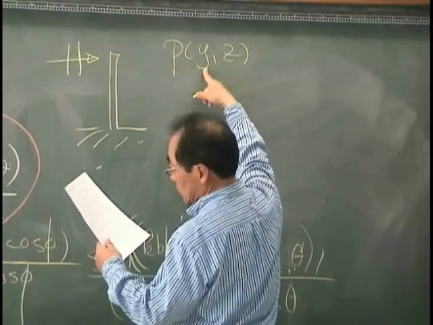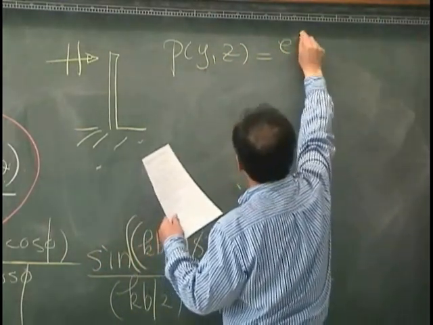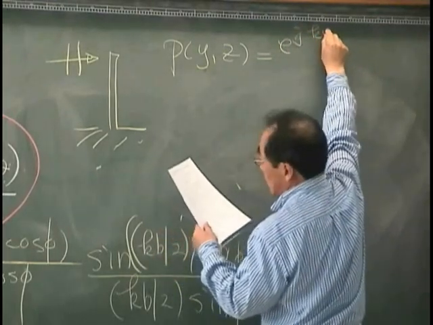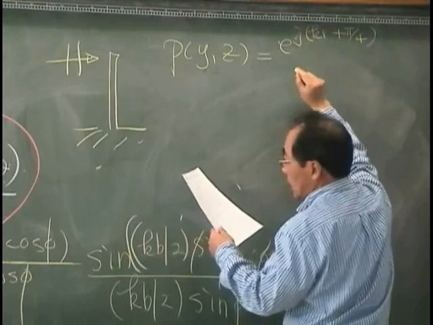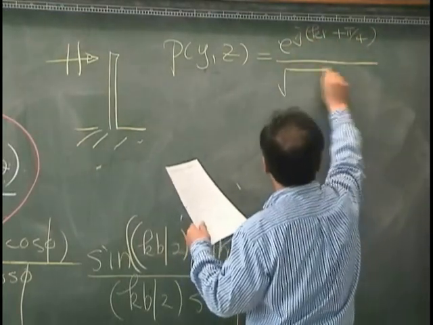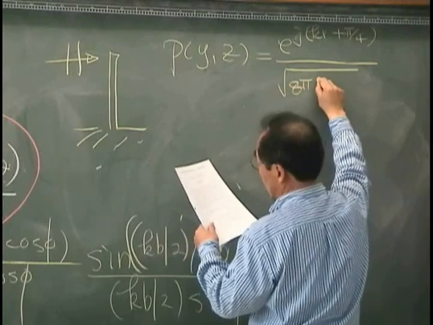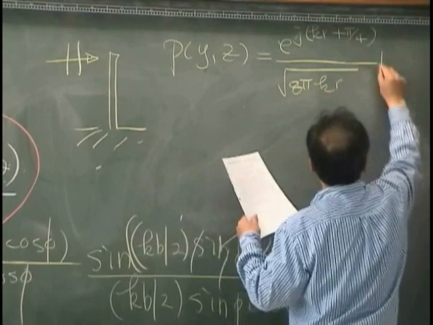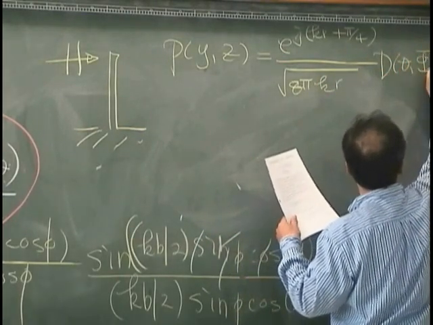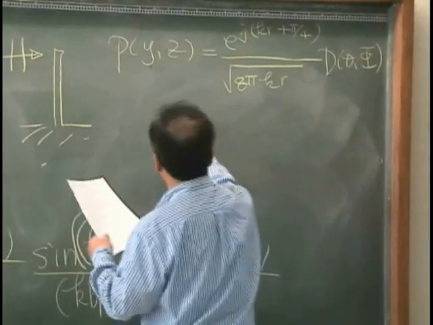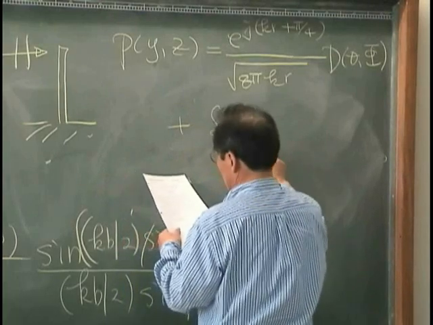I will explain the coordinate later. That is exponential j(kr + pi/4), that is a strange number, and then square root of 2 pi kr, times v(theta, phi), and then plus 0 exponential j k